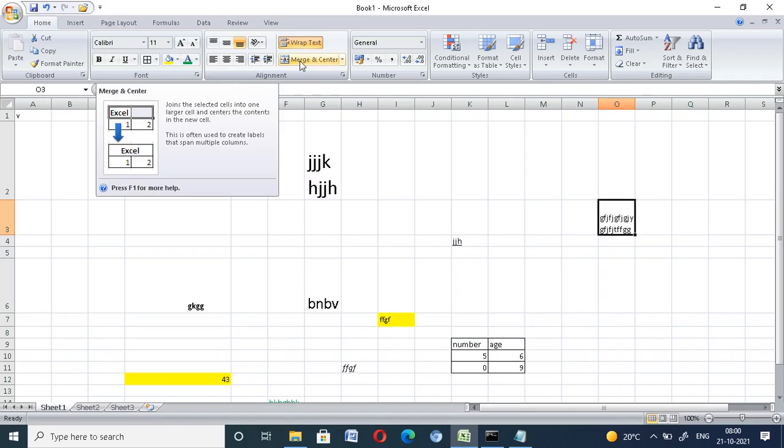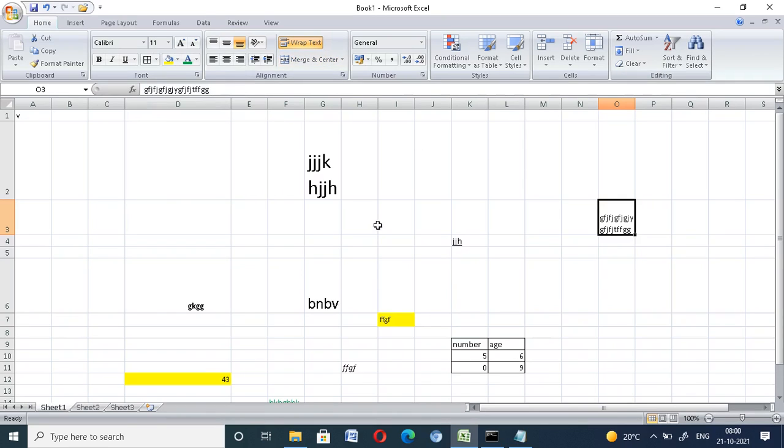Okay, now what is merge and center? Merge and center is to join. Like there is Excel, and there is one, there is two. The heading should be the same for both. Then we can join the cells. This joins the cells, and there will be two tables in the bottom of this side. Okay, now the alignment is complete.